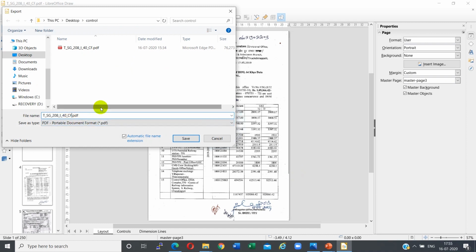Now it will ask for the location and name for the file. I am going to give the same name with optimized at the end. And the location is at the same source folder.